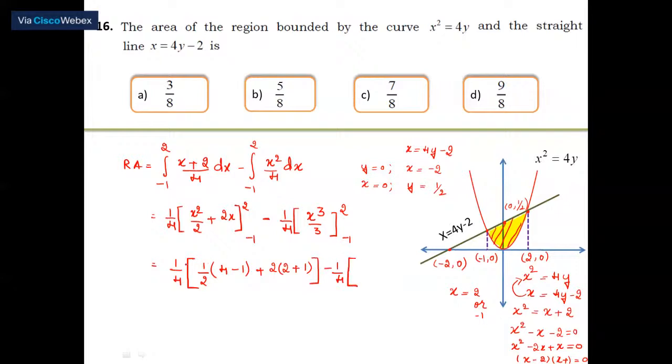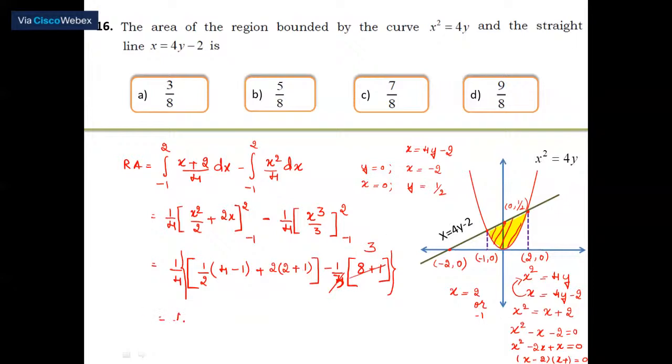1 by 4 already we have taken as common from both the terms. So here it is 1 by 3 constant. Then for upper limit it is 2 cube or 8 minus the lower limit minus 1 the whole cube, that is nothing but minus 1. So it is 1. And now 8 plus 1, 9, 3,